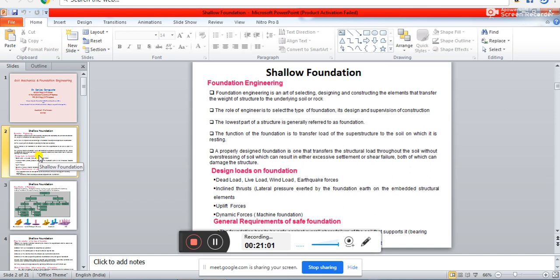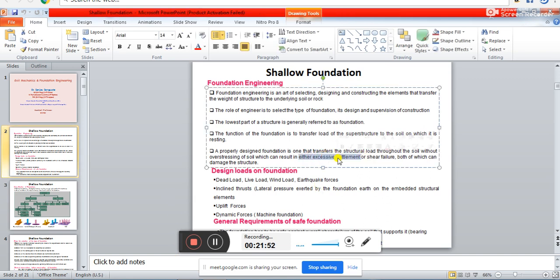So basically, if you consider the general requirement of any foundation, it needs to support the superstructure load, and ultimately that superstructure load needs to be transferred through the foundation to the soil level. And while transferring this load through the foundation to the soil level, you must be aware of two facts. That is the general requirement of a safe foundation, the two points which we have already discussed: there should not be excessive settlement and there should not be excessive shear failure. You got it? There should not be excessive settlement and there should not be excessive